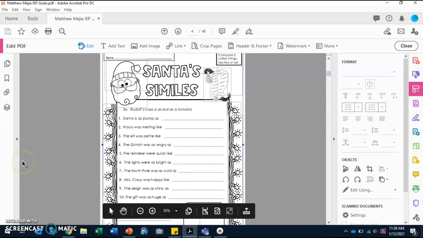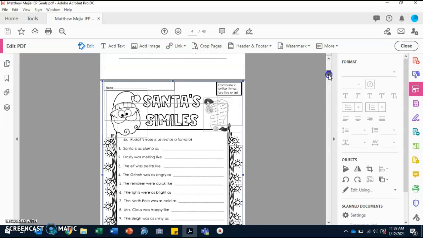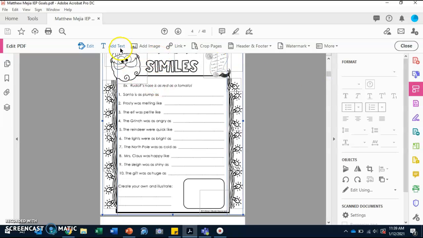They want us to finish the simile sentence, Matthew. So here, for example, it says, Rudolph's nose is as red as a tomato. So, in this worksheet, they're giving us already most of the sentence, and they're giving us the simile as well. We just need to find the other thing to compare it with. So, I will be doing one question with you, and you will be working on the rest on your own. So let's